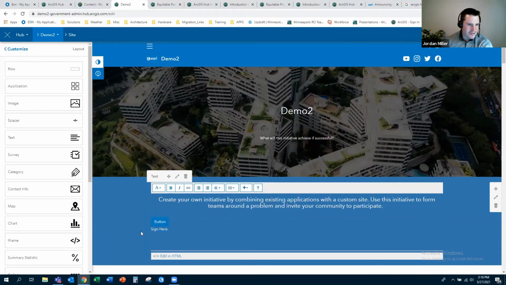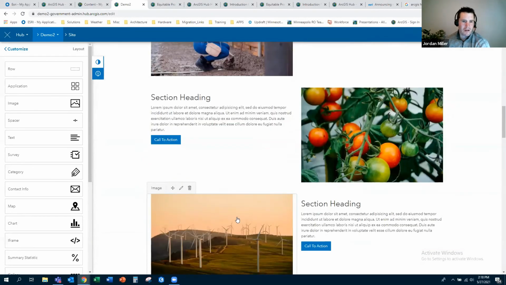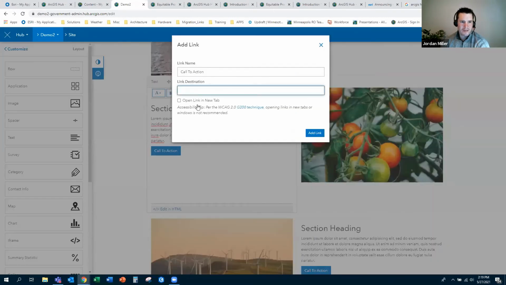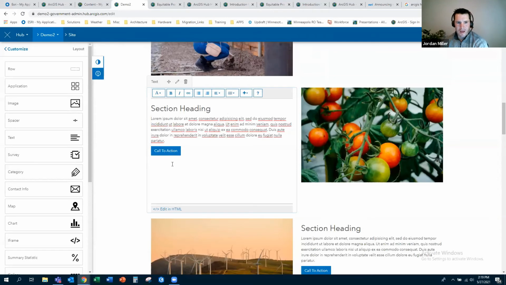But what we can do is modify what that button's going to do. We can link certain actions within that button, unlink different things, stuff like that. If we go down here to the middle of the page, just in this default layout, we can see where some of that is already cooked up. So if I just hit the edit button on here, we see the button right here. And if I click on that button, I can see the link description. Right now it's empty. I can add a link to that if I want. And again, what that's going to do is make it a cleaner interaction for that end user,